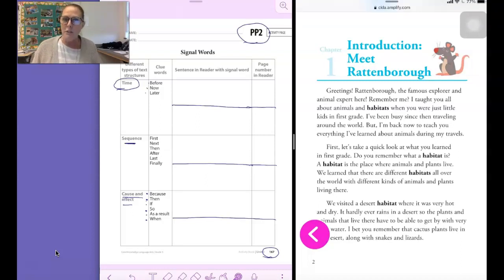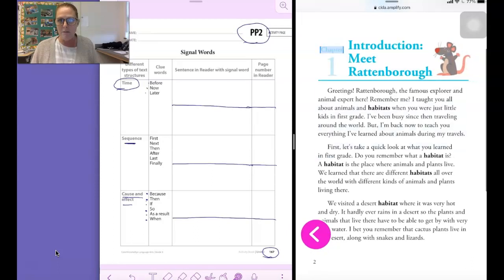So I'm going to look at the first page. I'm not rereading the entire text. I'm looking and skimming for these clue words on this page. And one that pops out at me is the word first right here. I see the word first, and I can't highlight that for you. But what I'm going to do on my page over here, first is not in the first box, and that's okay. I'm going to write that sentence because it says sentence in reader with signal words. So I'm copying that sentence. So it says first,